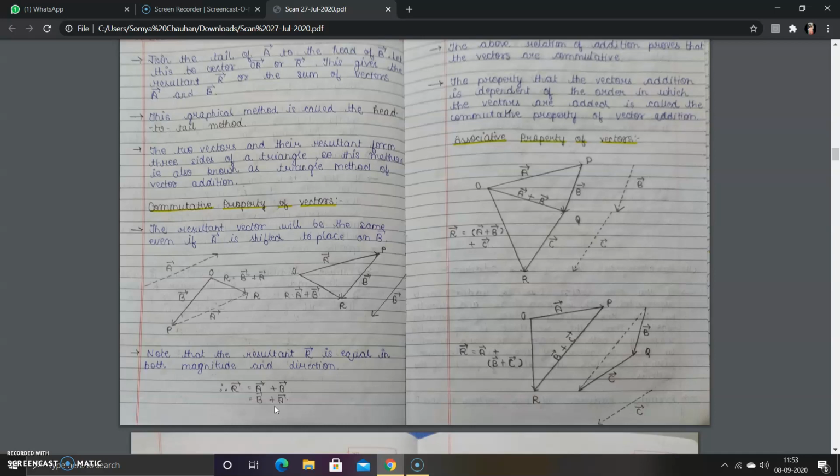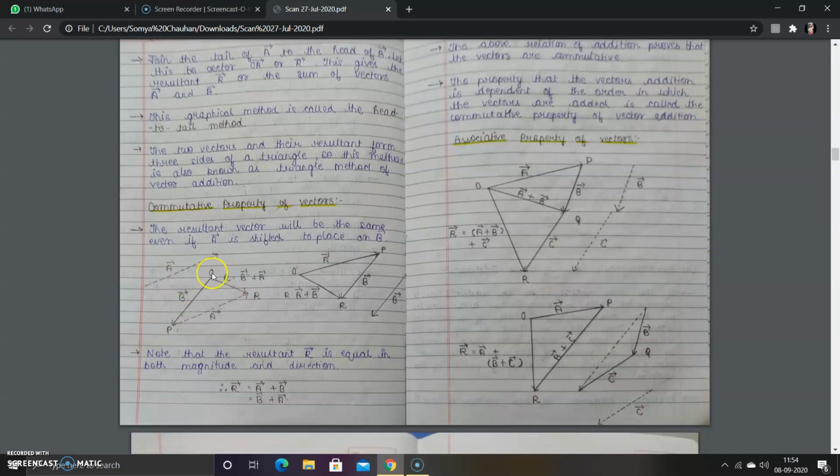So you can see in this diagram that b vector and a vector are given. A जो dotted line है, that is the initial position of a vector. In this case, you have to fix the b vector and you have to shift the a vector. So you can shift the a vector parallel to itself so that tail of a vector will coincide with the head of b vector. So you can see at point P, this situation is happening.